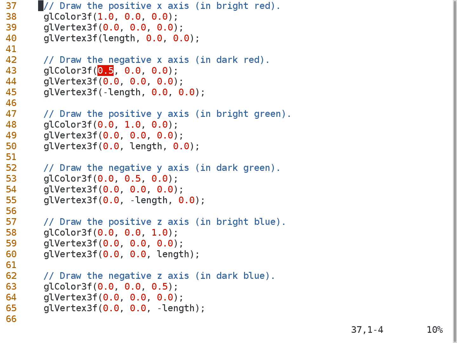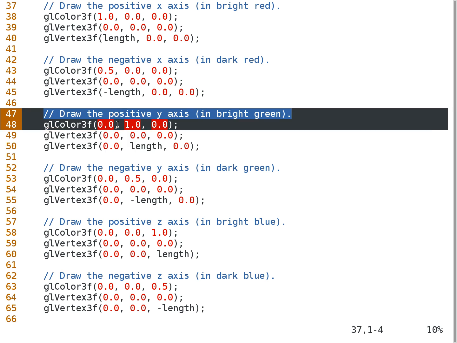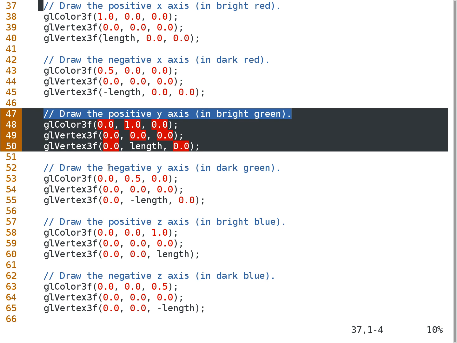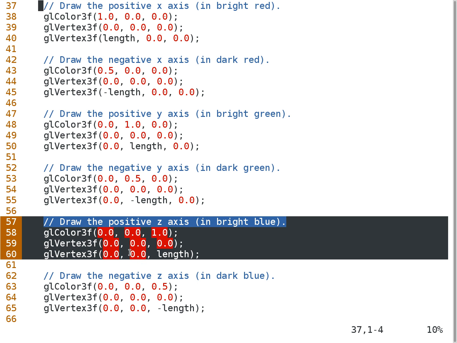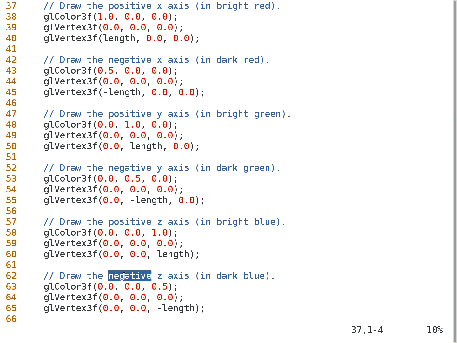And if we scroll up here, we move along to the positive y-axis next, which is this code here. It's a similar sort of pattern. We set the color first, then we do two GL vertex calls to specify the coordinates for the line segment. And the negative y-axis, we set the color, then draw the two vertices, the positive z-axis, and then the negative